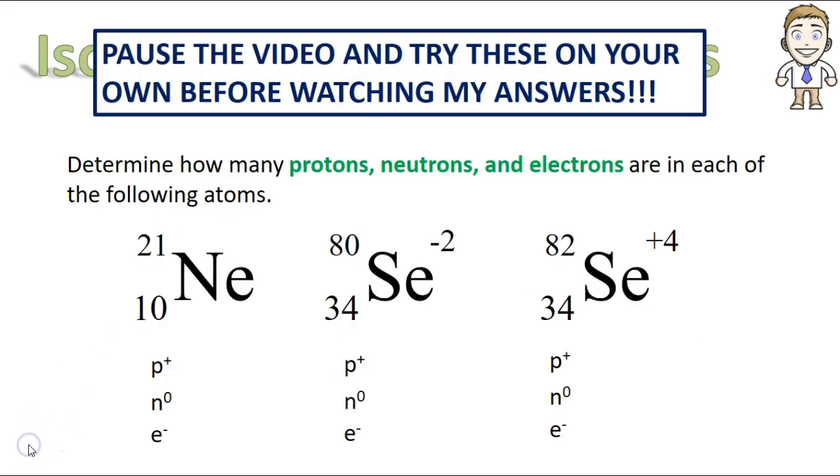For the final example, we'll do kind of the same thing, just looks a little different. There's 3 different isotopic notations. Your job is to identify how many protons, neutrons, and electrons are in each. It's also a really good idea now to really test what you can and cannot do. Pause the video and try these on your own, and then watch as I go over the answers